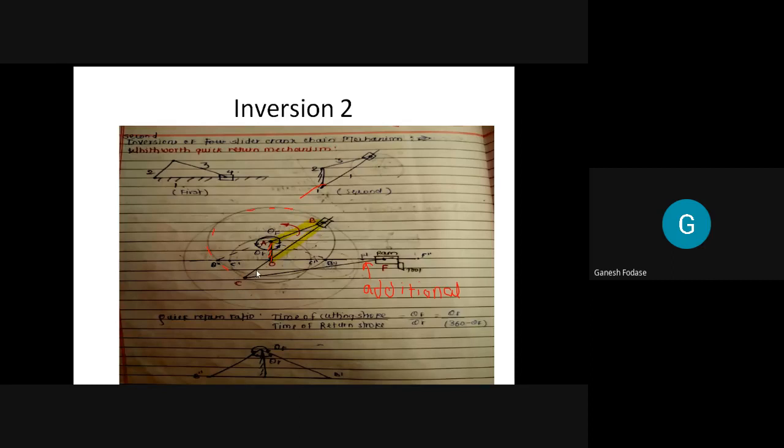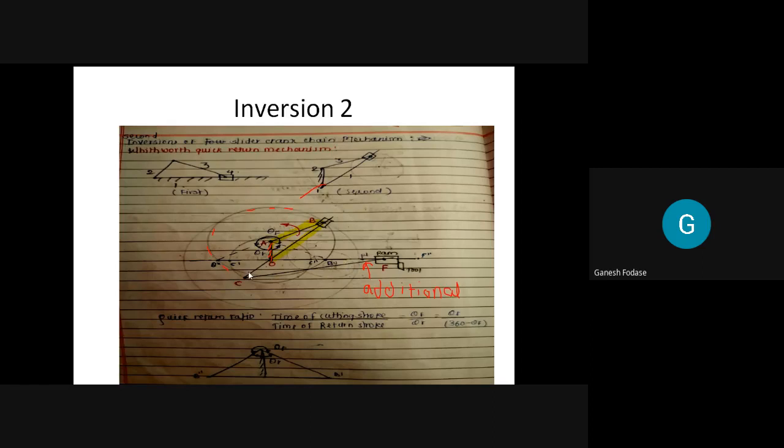You observe here, when this position, that is C dash OB dash, is achieved, your output link BC as well as this link CF, both are horizontal. And this crank, you can see, is AB dash. This B dash C dash is horizontal, also C dash F dash is horizontal. So you can see this path. Initially the tool is at F, but when I retract back, it is at F dash. And this F dash represents the extreme left end of the tool. So the tool is at the extreme left end when B is at B dash and C is at C dash.